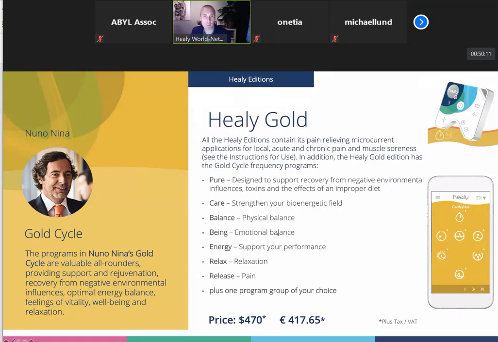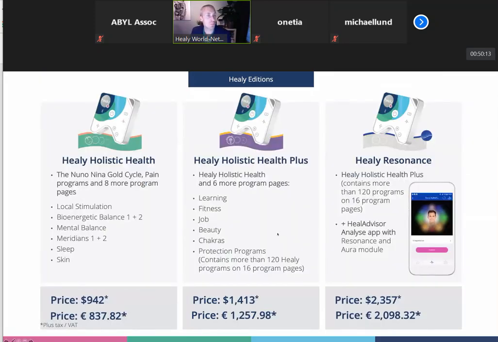However, it is much easier to buy a bigger version, because for just a few $100 more, you have the Holistic Health. So besides the gold cycle, you have 8 more program pages. You have local stimulation, bioenergetic balance 1 and 2, mental balance, meridians 1 and 2, sleep and skin, and that for an investment in yourself of